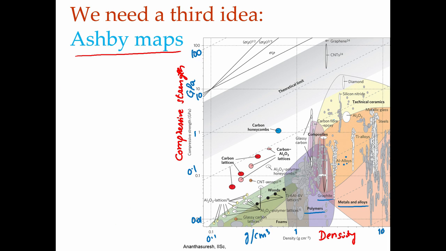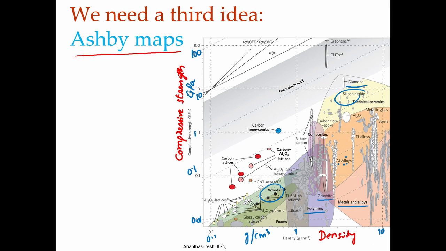So, here we are looking at the properties of materials and plot all the materials and then see. So, there are woods here, there are some silicon nitride, diamond, all kinds of things. They are in this map. We show their relative positioning with respect to the pair of properties that are considered. In this case, mass density and compressive strength. Okay. So, this way we can plot all the materials, and Ashby says once you have this, you will have